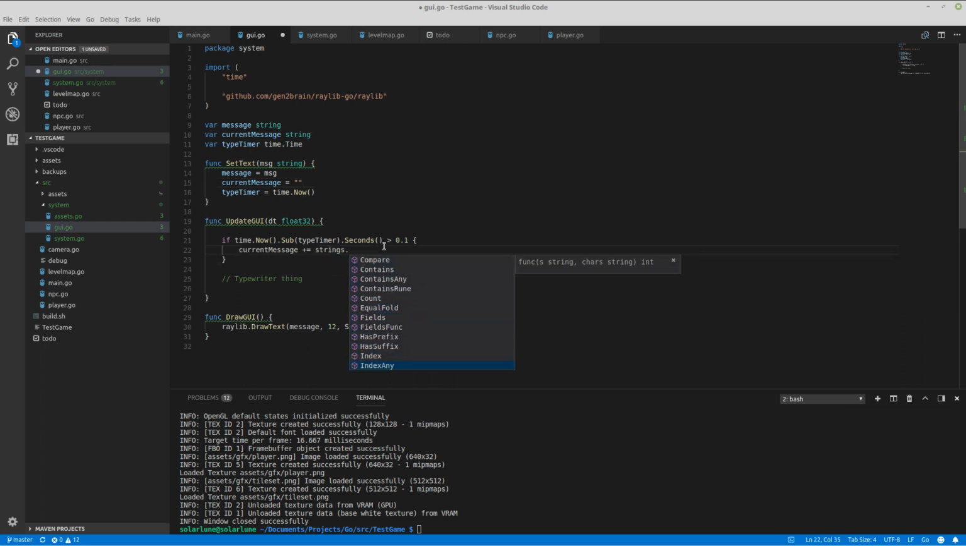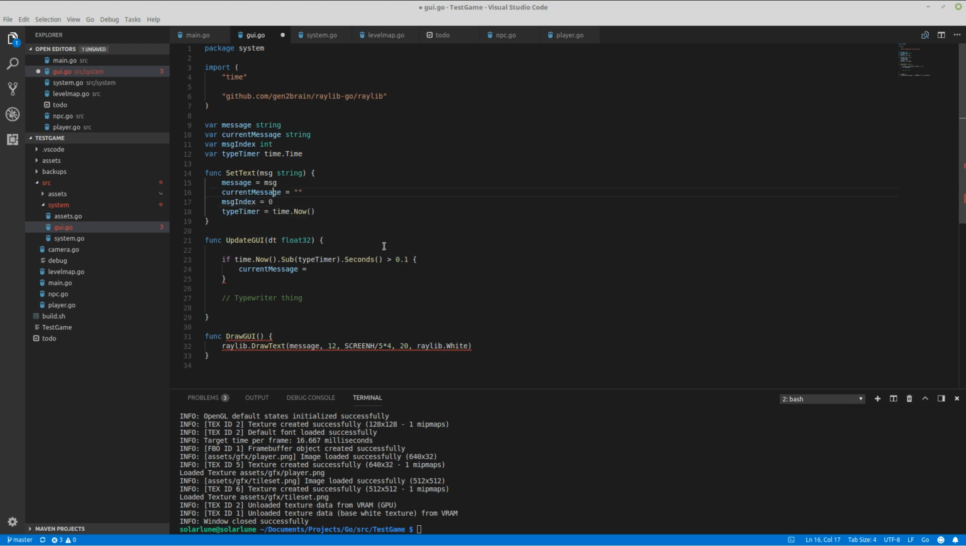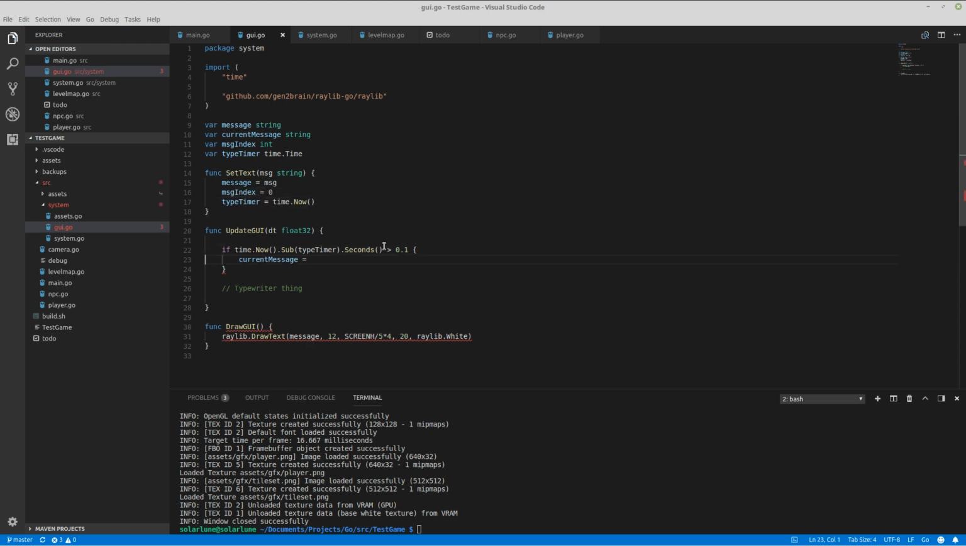Strings dot. Oh. What am I thinking? I probably could just do current message equal. Okay, message index. We'll just do it like that. So then we don't need current message. We'll just do it like that, and then we'll say message index plus